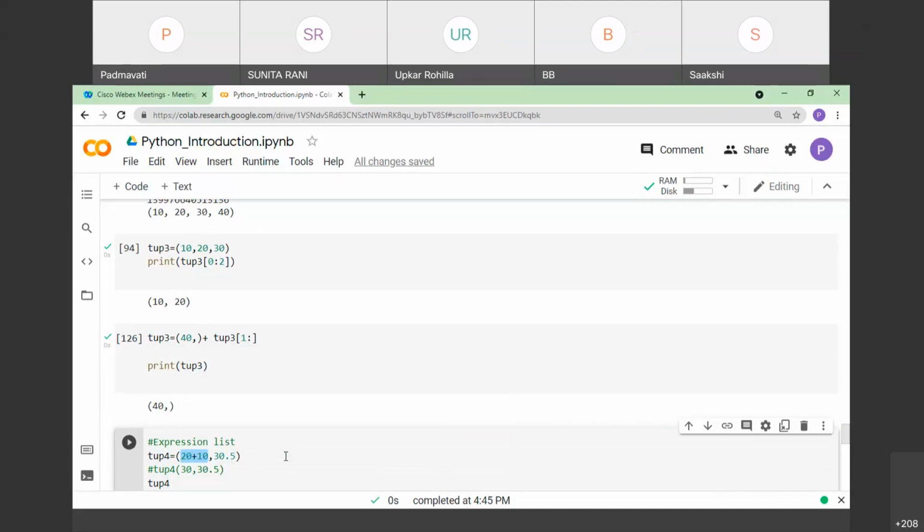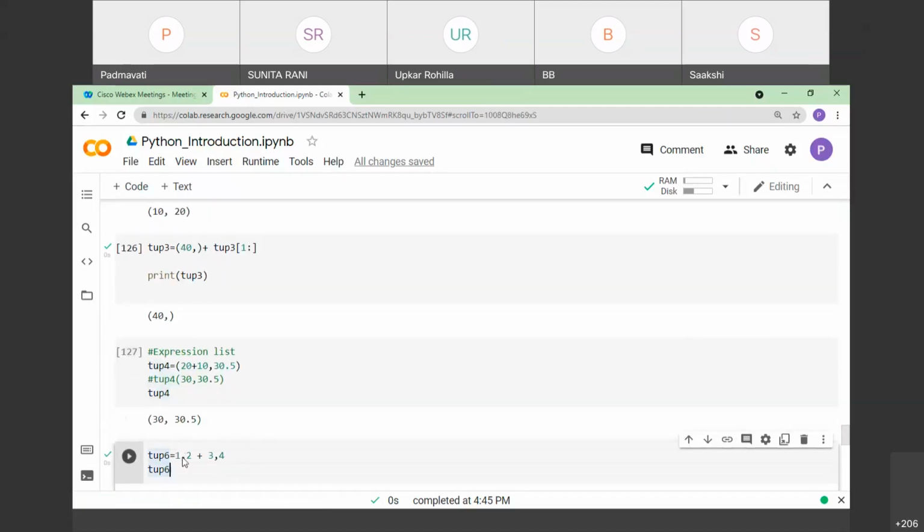Whenever it creates the tuple of 2 elements, the reference for this tuple is tup 4, and it solves this 20 plus 10 and saves 30 in the first place, right? The whole expression 20 plus 10 will not be saved. Instead, it solves the expression first and later on, whatever the result of that expression, it will be saved. Got it? Yes, ma'am.